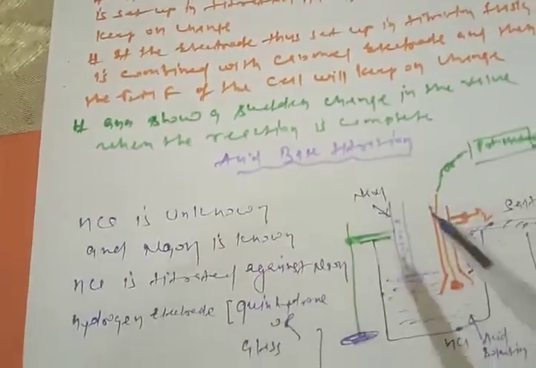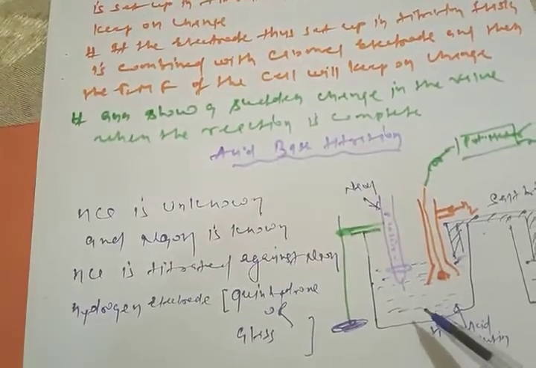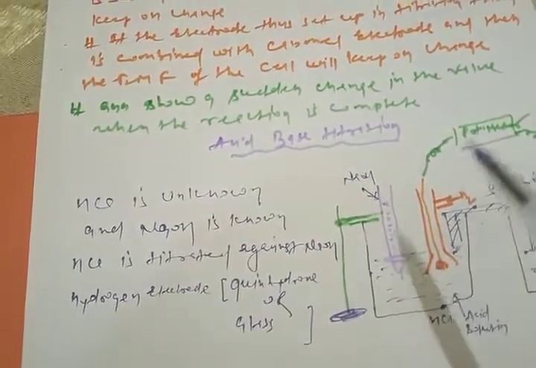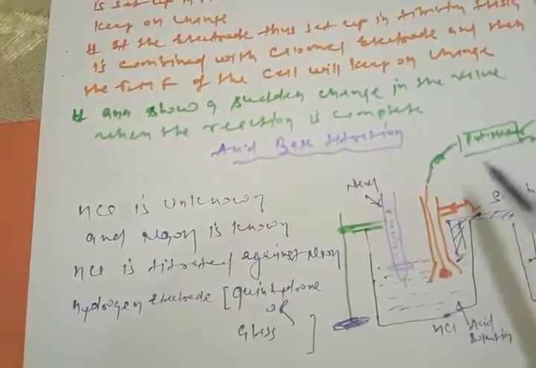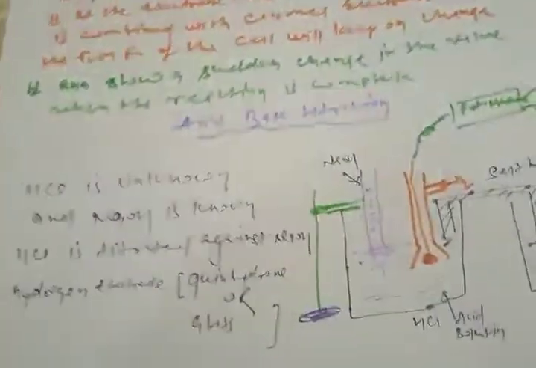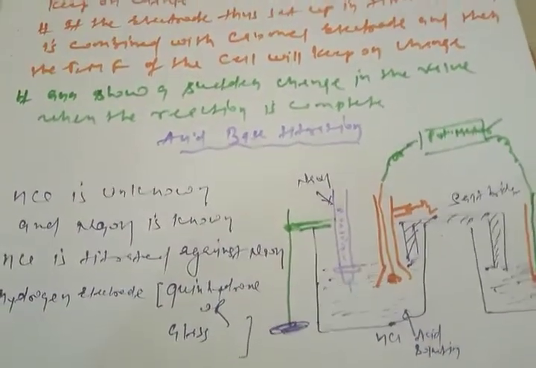We start the addition of NaOH to this solution. As the concentration changes, the EMF value will change, and that EMF will be reflected. You need to write down the EMF value every time. When you record the EMF value for every addition, there is a point where you will find a sudden change, so for that you need to plot a graph.